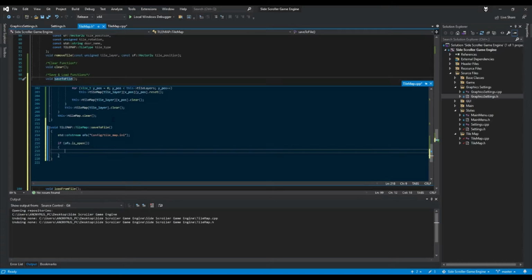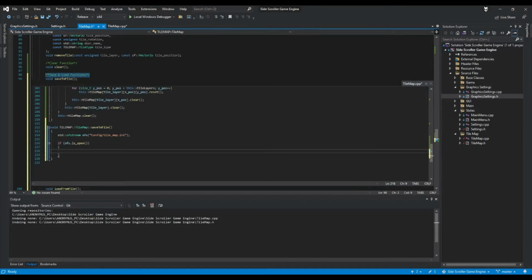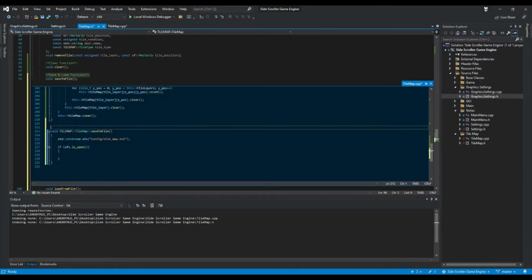Okay, so the file map is open. If it is open,